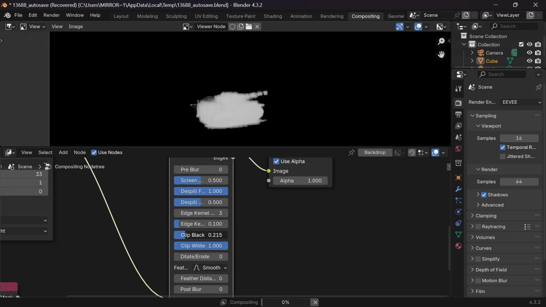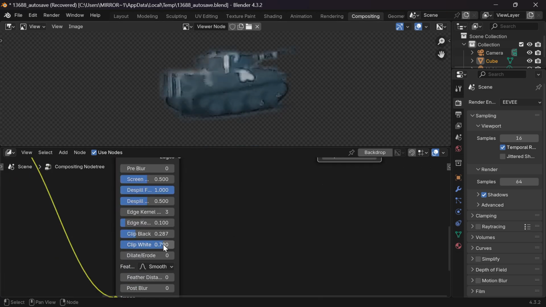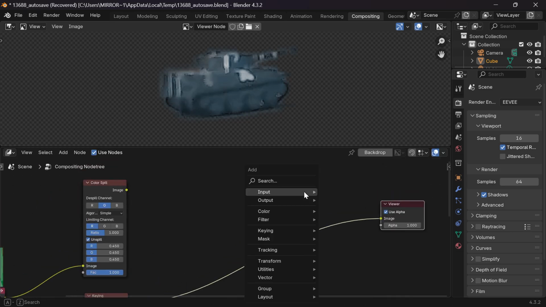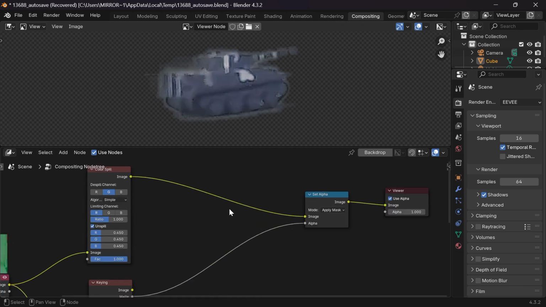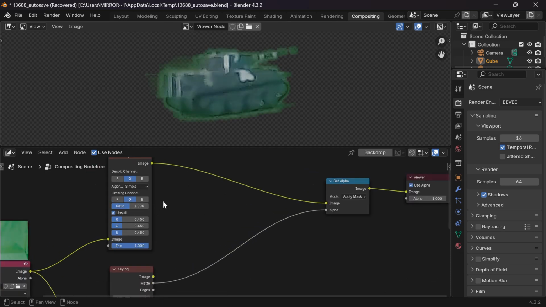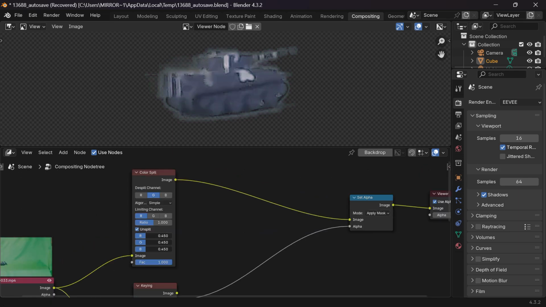And if we use the matte and hook that up to the viewer node, we can see that we got all this noise around the tank. I want to get rid of that as much as possible, so I'm just going to adjust some of these settings to clip out some of that. I'm going to add a set alpha here and hook up the color spill to the image and then the matte to the alpha. I'm going to check the unspill and then just adjust these colors just to get like